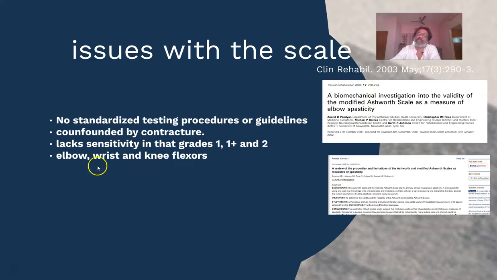And most of the time, even if they find some reliability between the scales, you will see that the above-said problems, the one and two, are mostly about the validity of it also. The elbow, wrist and knee flexors seem to have some amount of reliability. The others have very poor reliability. So these are the problems they have identified. Now,